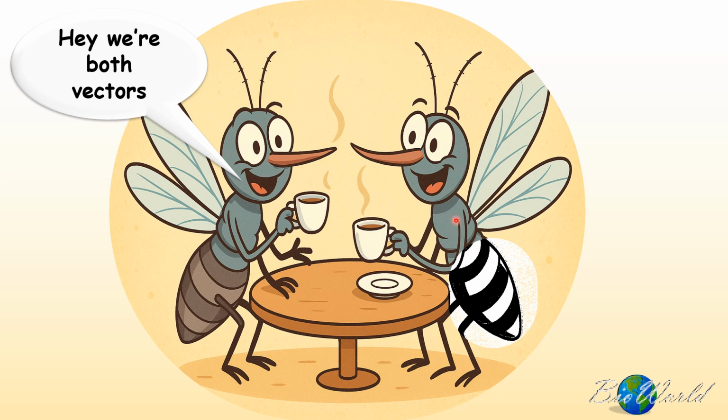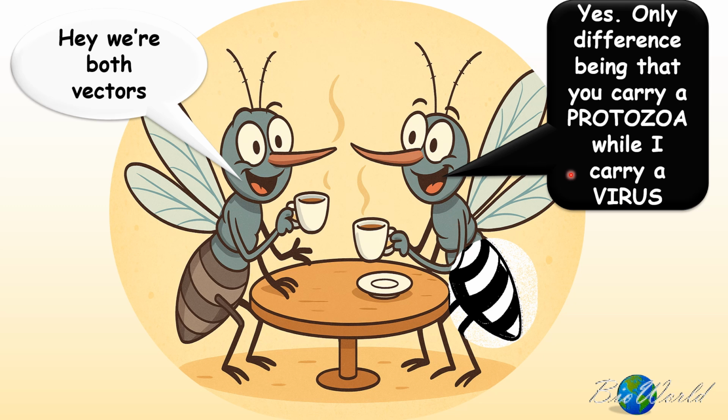The next difference is in the microorganism that causes the disease. For malaria, the microorganism is a protozoa from the genus Plasmodium, whereas for dengue, the microorganism is a virus from